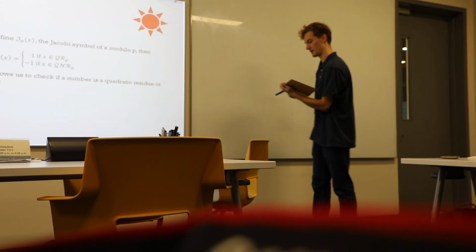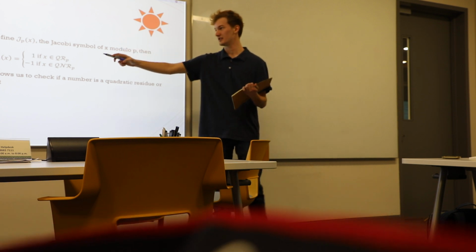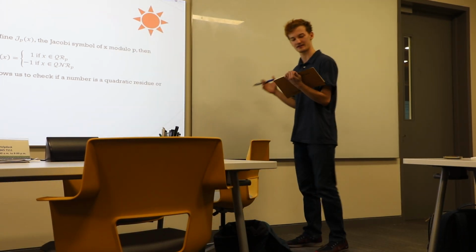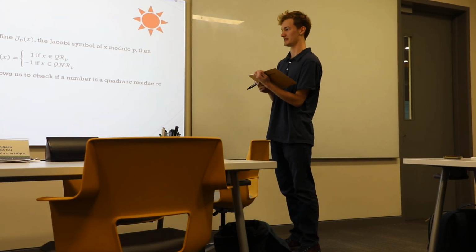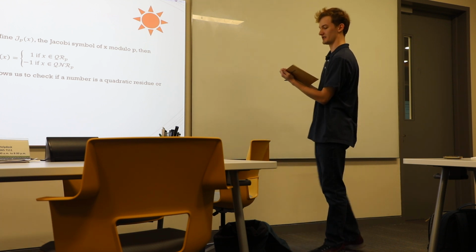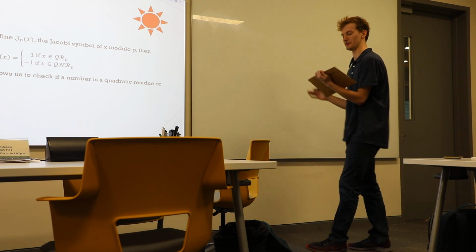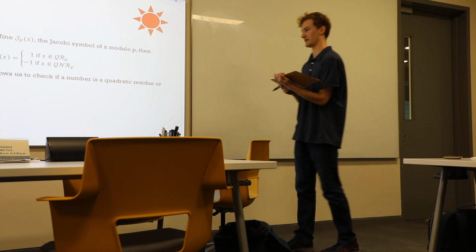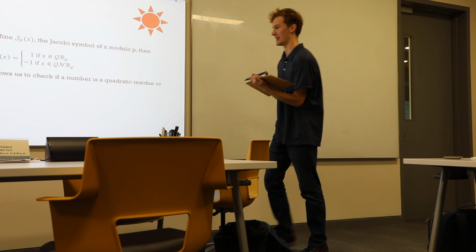Okay. So we've got p is greater than 2, so it's an odd prime. And then we have this definition of the Jacobi symbol. So we can basically prove it in both directions. So first, you suppose that,